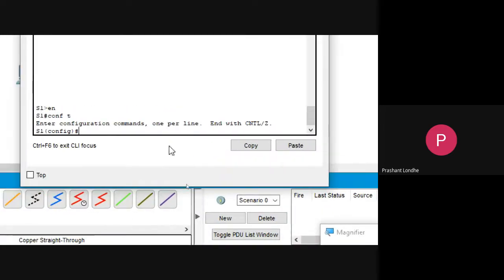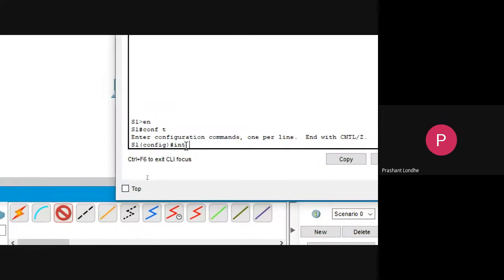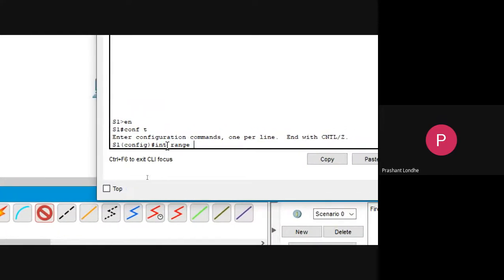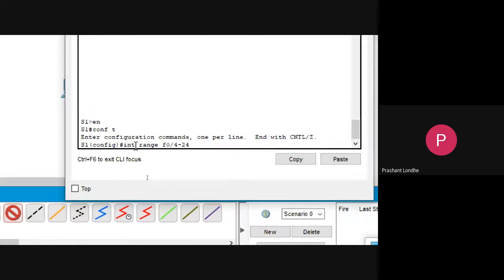So let's start doing config. Interface range F0/4-24, comma, Gigabit Ethernet 0/1-2. Just see how I'm giving the syntax.